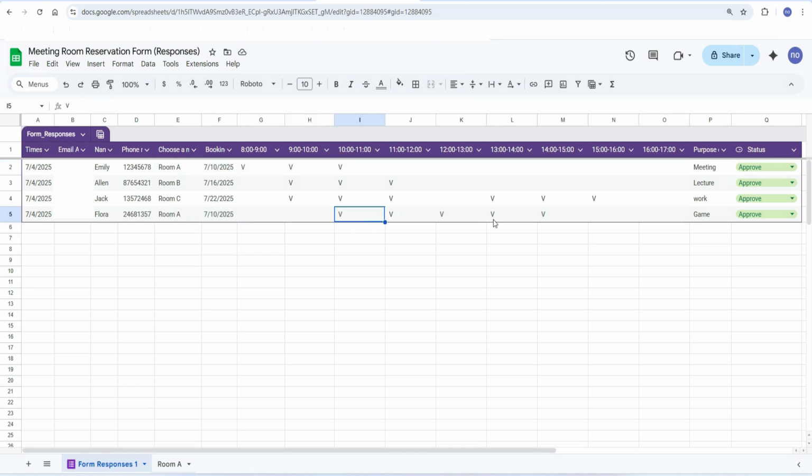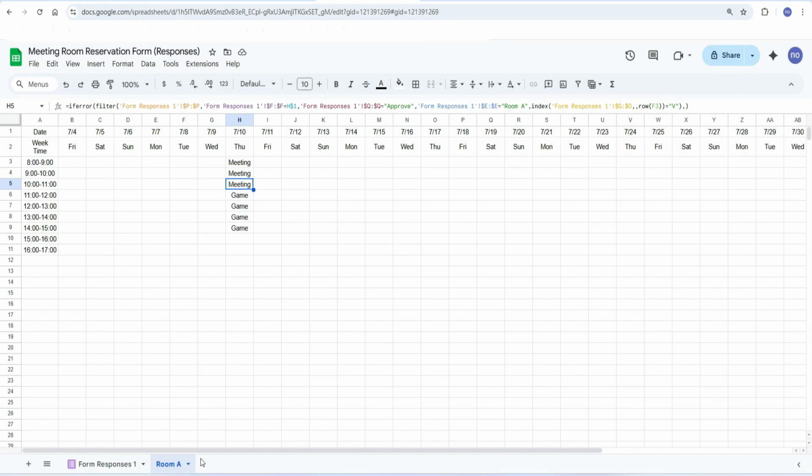Now I postpone Flora's reservation to 11 o'clock. This can actually solve this problem. The error message has now disappeared. So you don't need to panic when you see the error. It can be seen as a reminder that someone has filled out the reservation information incorrectly. Therefore, it will cause the formula to not return successfully. So when an error message appears, it helps us to review the original booking information. Where could it be wrong? That's pretty much the end of the error message.